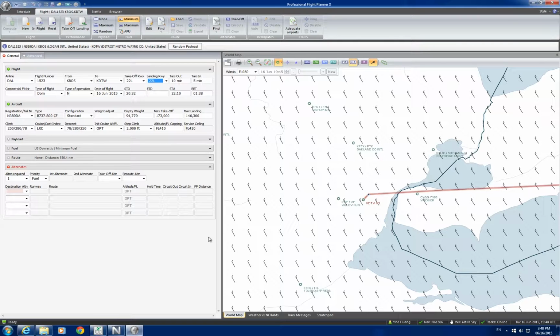Okay, so wind blowing this direction. Looks like we'll have to have a crosswind landing. Yeah, we can do 04, right? Actually, it's gonna be a very...